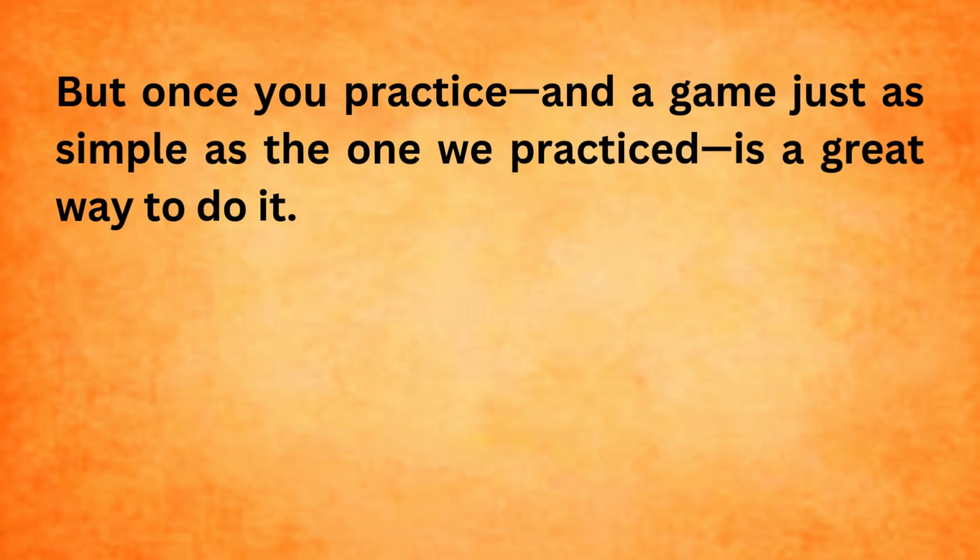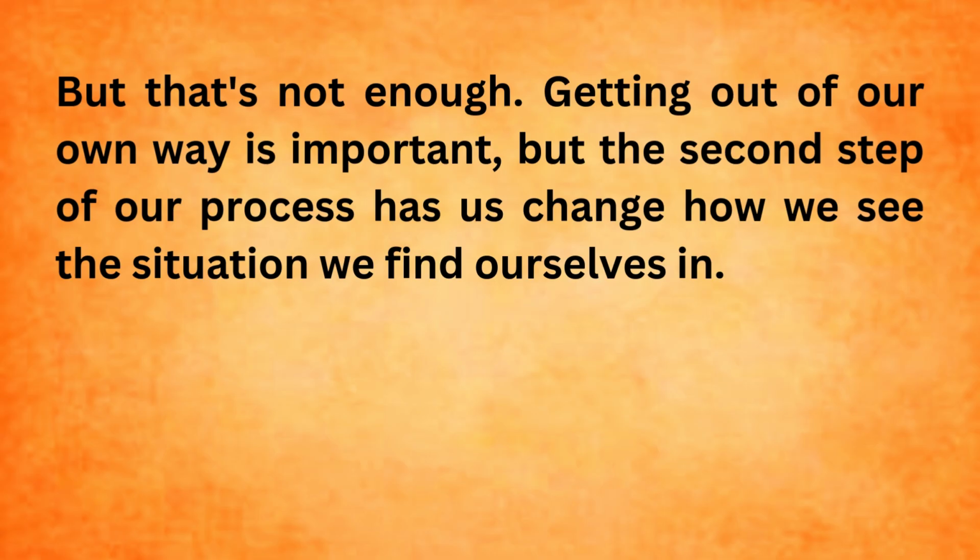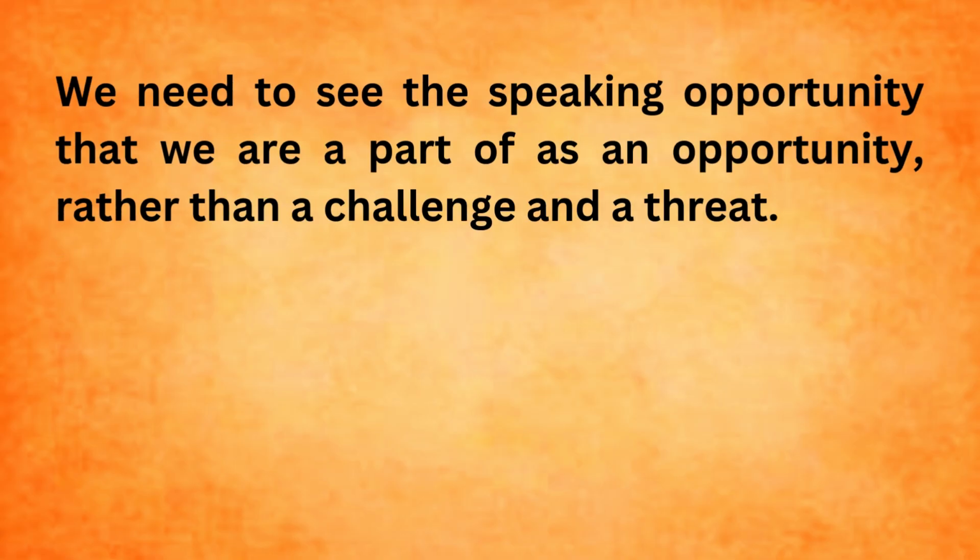But once you practice, and a game just as simple as the one we practiced is a great way to do it. But that's not enough. Getting out of our own way is important, but the second step of our process has us change how we see the situation we find ourselves in. We need to see the speaking opportunity that we are a part of as an opportunity, rather than a challenge